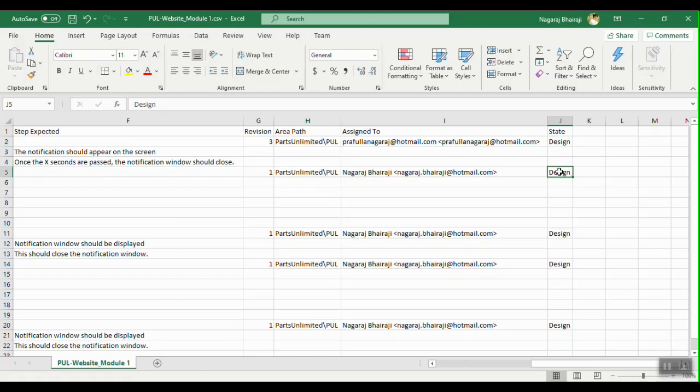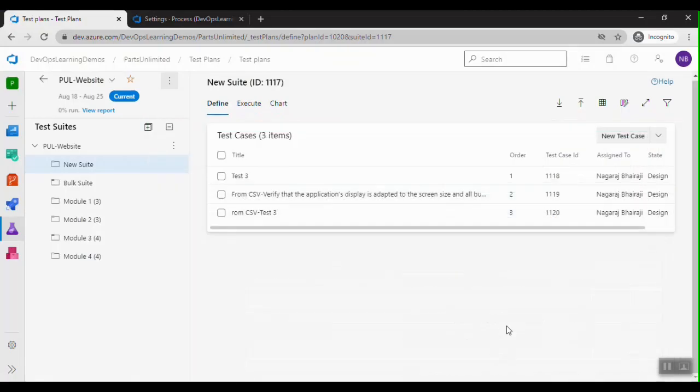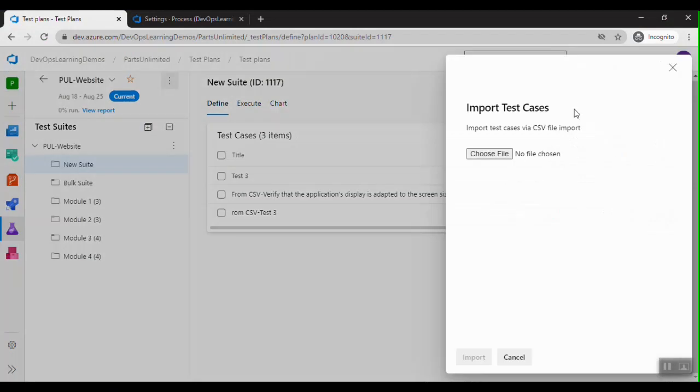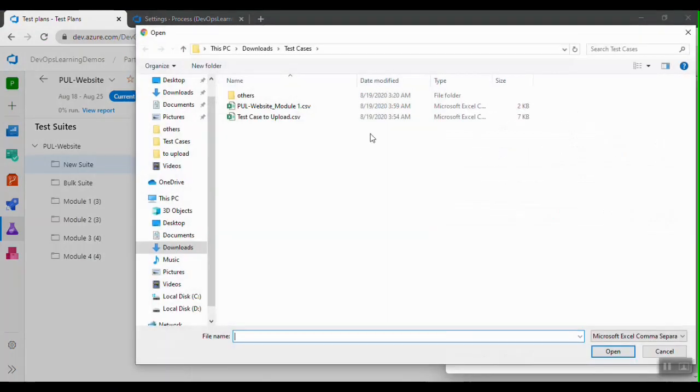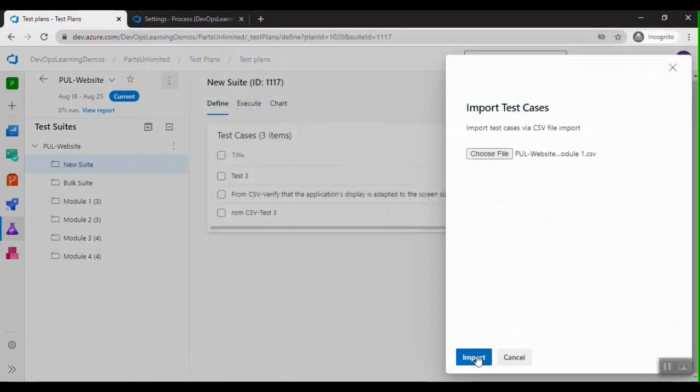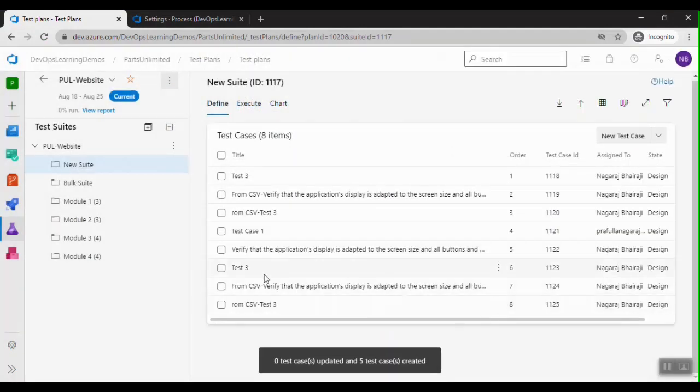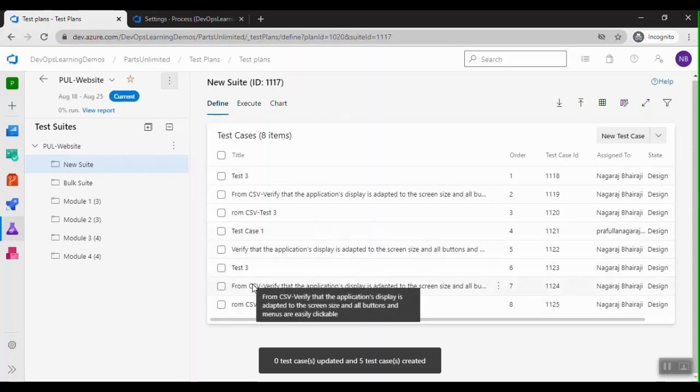So let me change it back to design, save, and import it again. So now all the 5 test cases will be created. Yeah, you can see here all the 5 test cases are created.